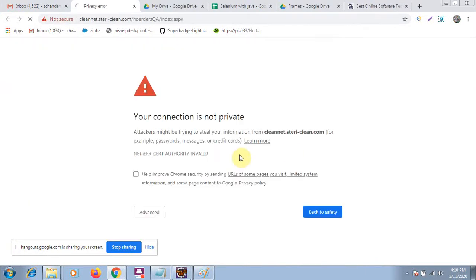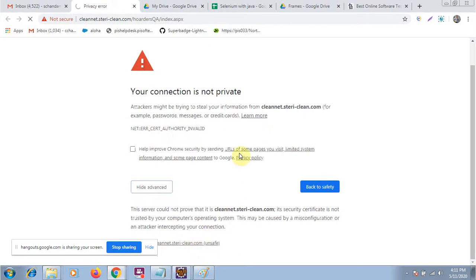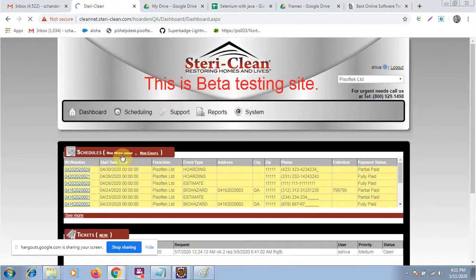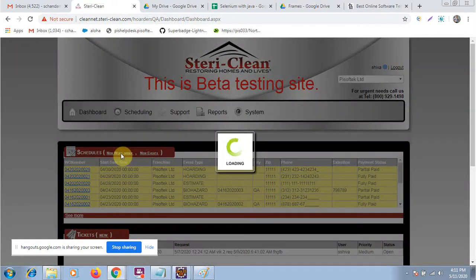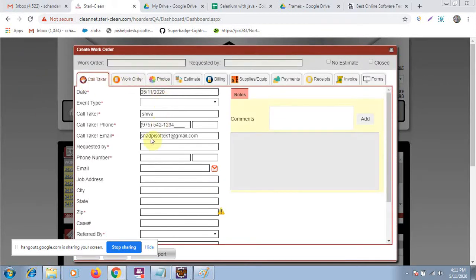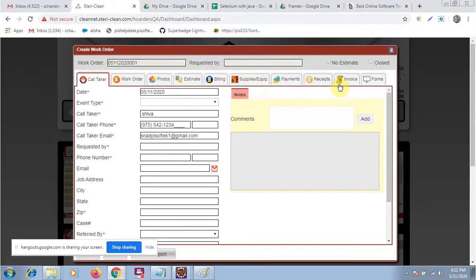This is a project on which we are working. I will type the username and password, and our web page will open. We are able to log in, and if you click on this one, you can see a pop-up open. If you try to find any element on this pop-up, you will not be able to find it because it is not in the same frame. These things are in a different frame. So we will face such a kind of problem.